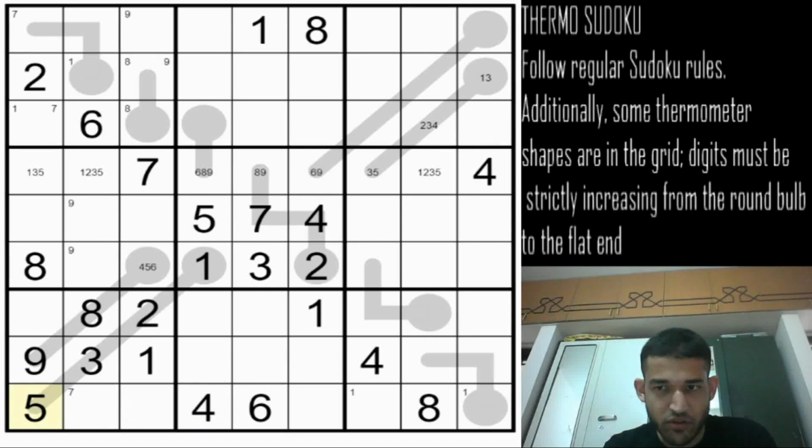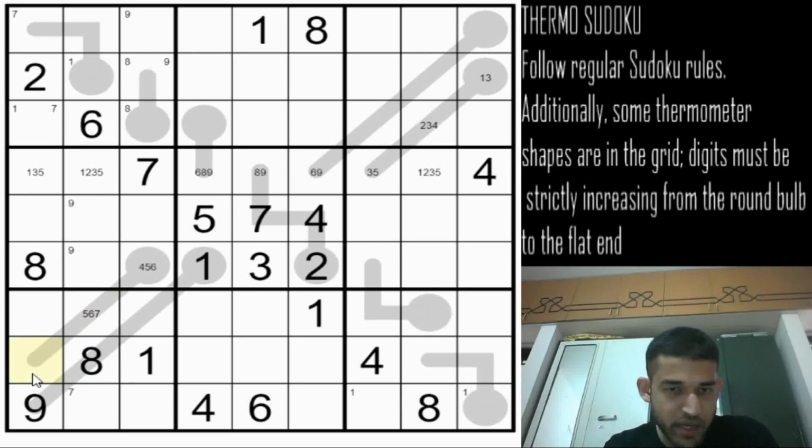So we can remove those cells and straight away mark that this has to be a 9, because 5 and 9 are the only possibilities there. This has to be a 9. So this forces this cell to be 8 because this cannot be 8 now. So this will be an 8. And this cell will be 5, 6, 7 or 8 because this is 4, 5, 6. And it cannot be 8, so this will be 5, 6, 7.